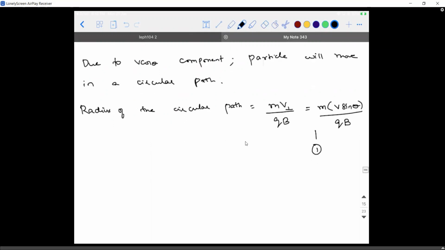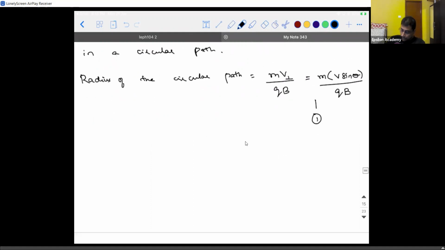Okay. Now, due to the V cos theta component, you guys tell me, applying the formula of Lorentz force, F is equal to Q